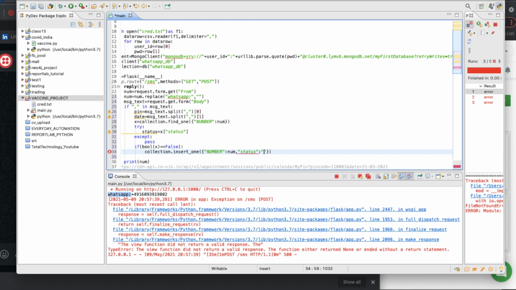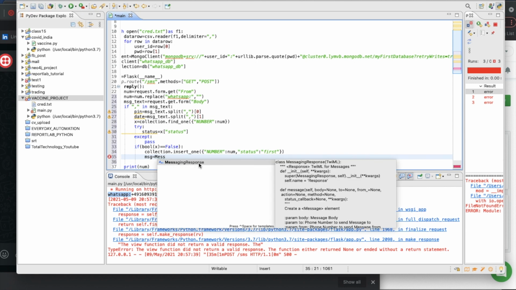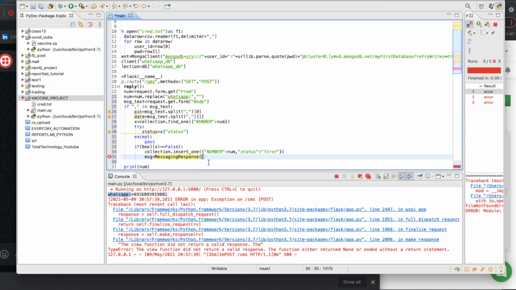So nothing is there, this is the status. And this is going to be "first", meaning the user came as a new user. That is why. Then I can write something: msg equals MessagingResponse. And after that, let's say response equals